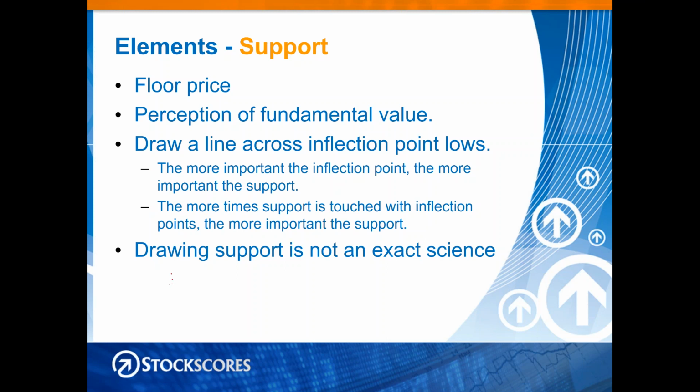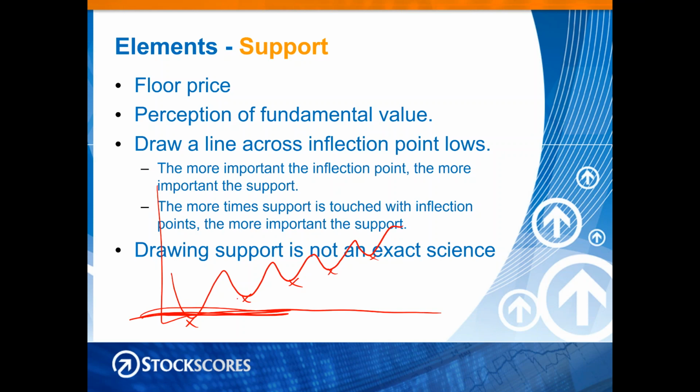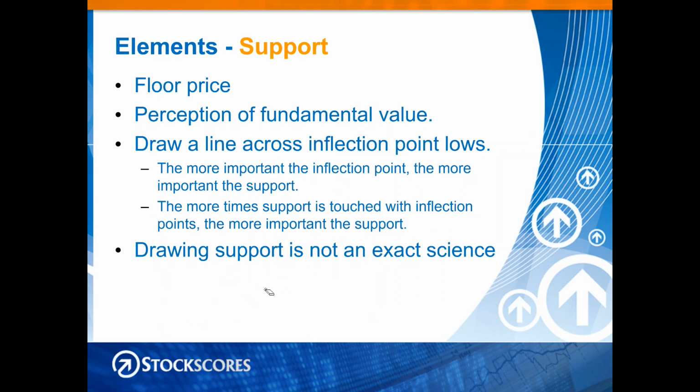So if I was to just draw a little mock chart here, these are my lower inflection points, right? And I could say, well, this is the lowest that anyone has been willing to sell that stock for in the time period of my chart. And there were other support zones here because that's where, for that shorter time frame, that was the lowest price that people were willing to accept for that stock. So that is support. I can also draw a trend line across those to define a trend line of support. So we have two types of support. We have horizontal and we have trend lines of support.